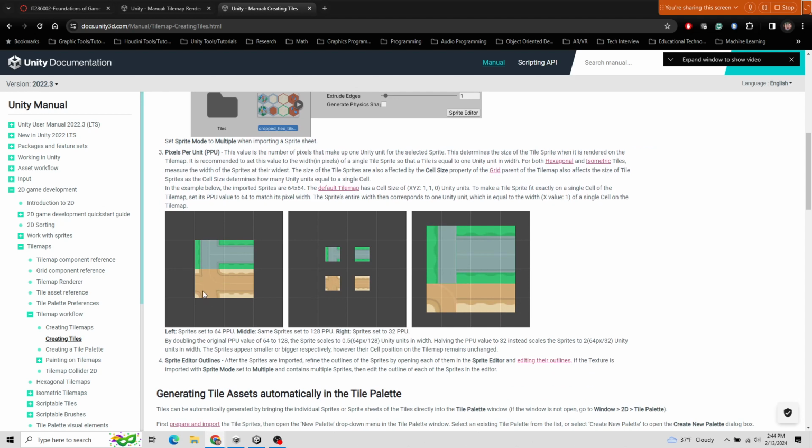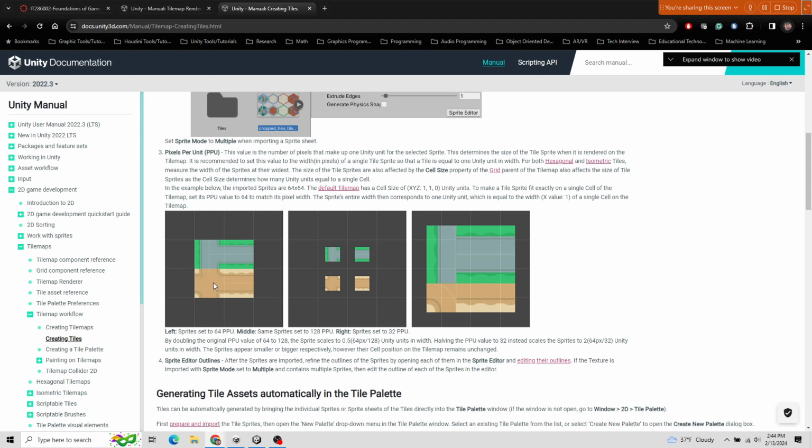You have to set up your resolution, like your pixels per unit. Each grid square in Unity is a meter by a meter. In the 3D world, you definitely have to adhere to it, especially with physics. In 2D, I guess you should,